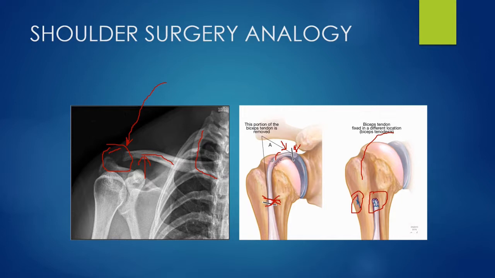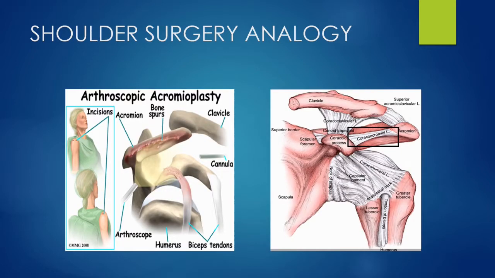So because this is an arthroscopic procedure, similar to resection of the distal clavicle being an arthroscopic procedure, many doctors consider a biceps tenodesis to be analogous, at least in terms of its impairment rating, to a resection of the distal clavicle. Sometimes in your medical records you'll hear the surgical procedure described as an arthroscopic acromioplasty, wherein the acromion